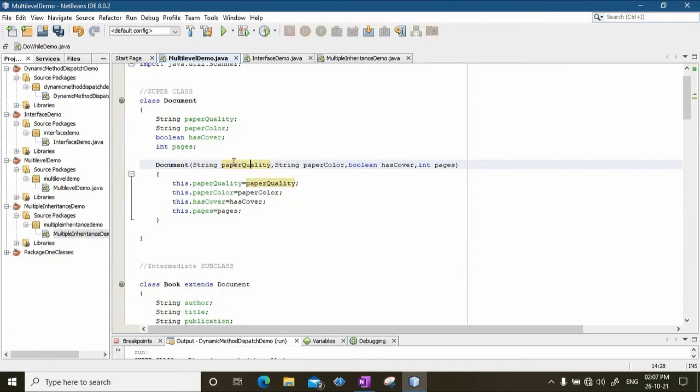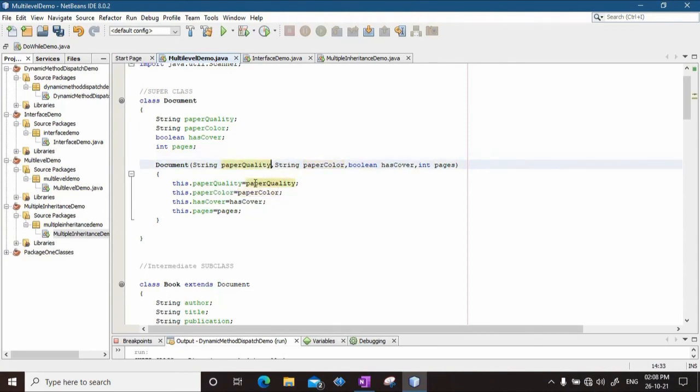So, right from the void main, using the subclass constructor, the values have come from the comic book class to the book class, and then again using the subclass constructor of the book class, the values have come to the super class, right.